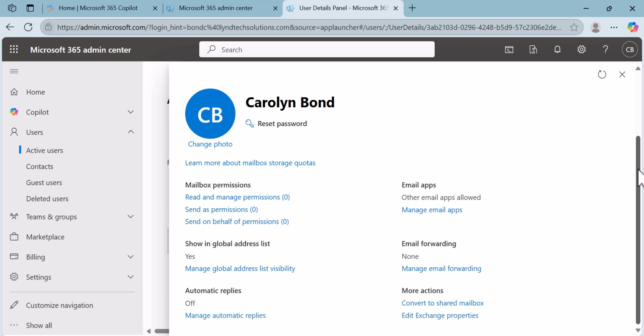I also have my automatic replies turned off. Automatic replies are basically a message. If someone sends you a message, automatically a message will be sent back to that person that sent you a message. It only happens one time. So